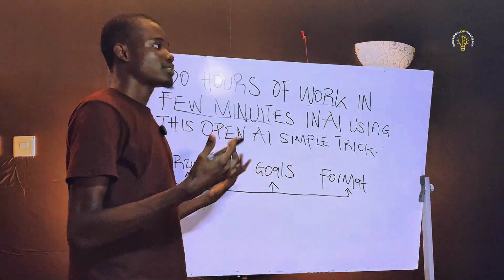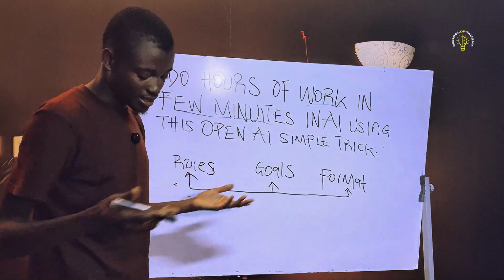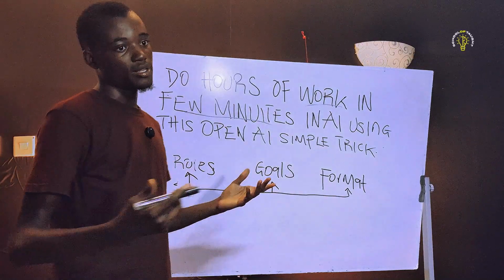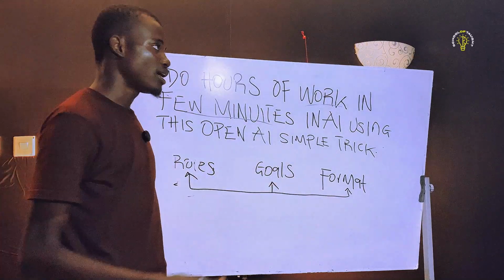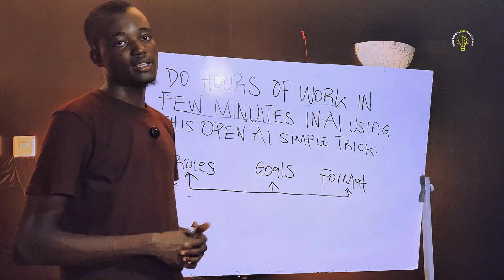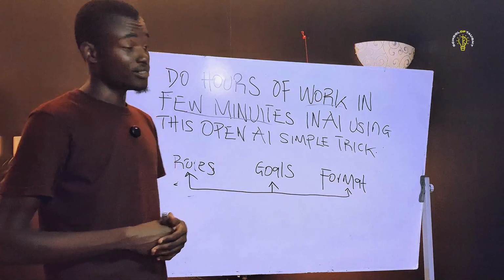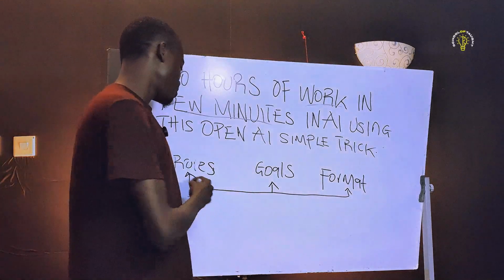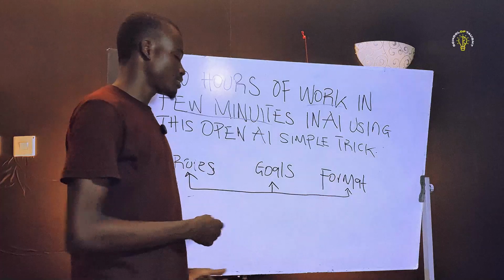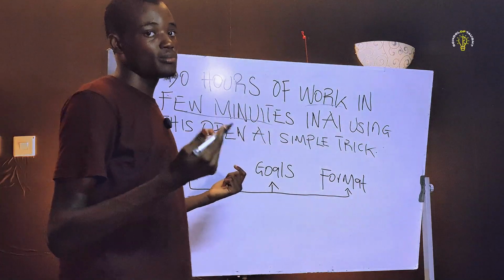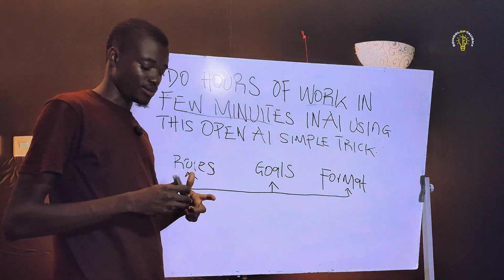I want you to act as a consultant. I'm having a headache. Tell me what could be the problem. I want you to act as a gardener. Give me gardening tips on how to keep my plants alive. So that role makes ChatGPT act up to 3x better than when you don't use a role.